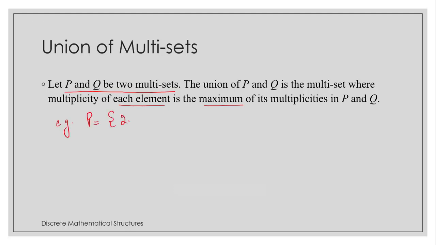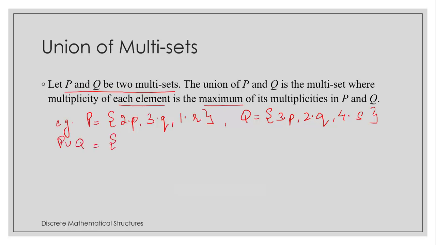P is equal to 2 dot P, 3 dot Q, and 1 dot R, and we have another set Q which is equal to 3 dot P, 2 dot Q, and 4 dot S. Now we have to find P union Q.